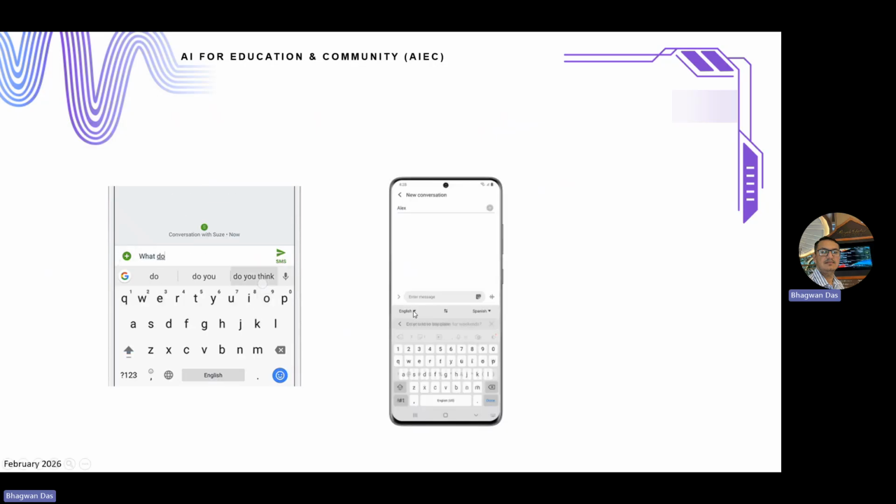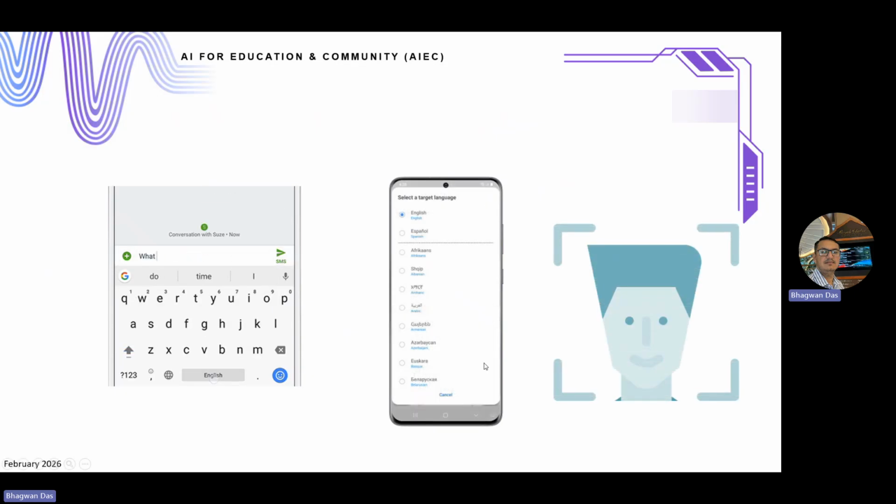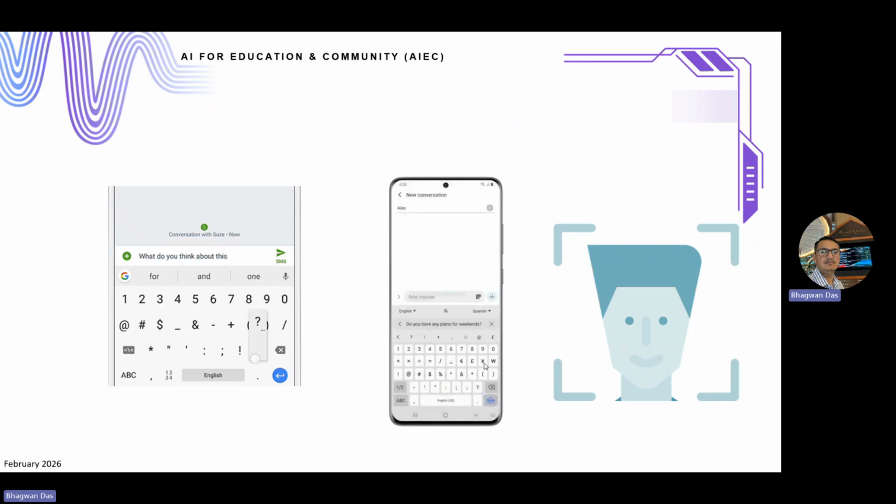Have a look at one more example. Let's say translation. You wrote something in one language and then you want to translate it into English or any other language, such as Spanish. Here you see the text is detecting one language and converting it into the other language. And the third example is face box recognition, recognizing faces and recognizing objects, which is called the detection purpose.